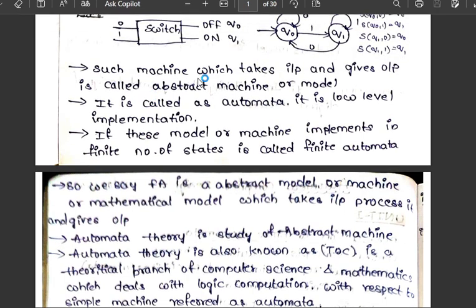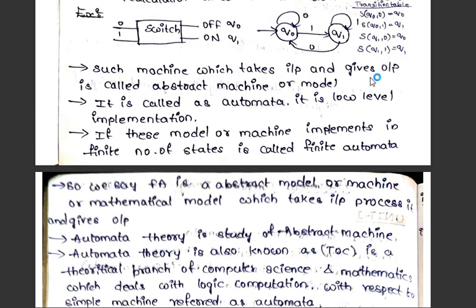Such machines which take input and give output are called abstract machines, or we can say models. So it is called automata. So the whole scenario is nothing but the automata. It is a low level implementation, or we can say calculation. If these models or machines are implemented in a finite number of states,